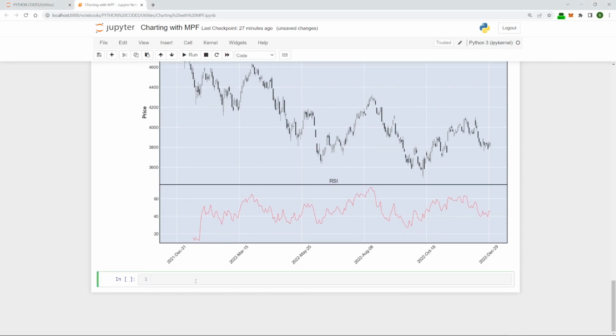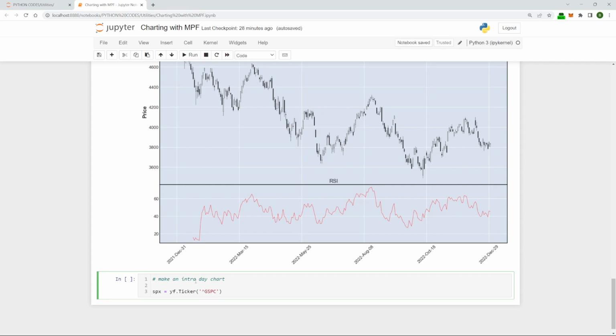Okay, finally, what I'll show you is let's make an intraday chart. This might be a bit more interesting for you. We'll just do this quickly. So we haven't done, this is just another function from MPL Finance that we haven't been over, but let's say SPX equals yf.Ticker. Okay, and let's just say what are we going for here, and we want the GSPC being the S&P. Now a little bit different here. What we want to do now is go dot